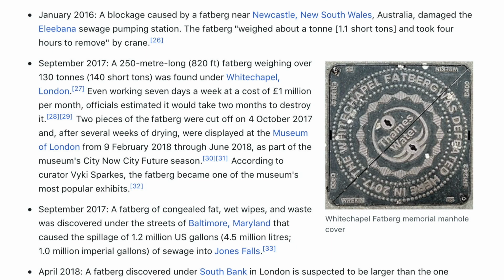September 2017, a 250-meter long, 820-foot Fatberg weighing over 130 tons, or 140 short tons, was found under Whitechapel, London. Even working 7 days a week at a cost of £1 million per month, officials estimated it would take 2 months to destroy it. 2 pieces of the Fatberg were cut off on 4 October 2017 and, after several weeks